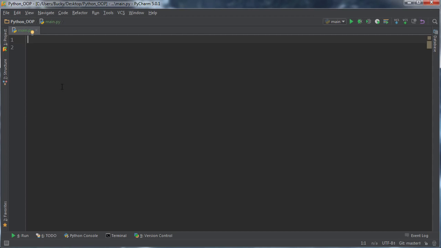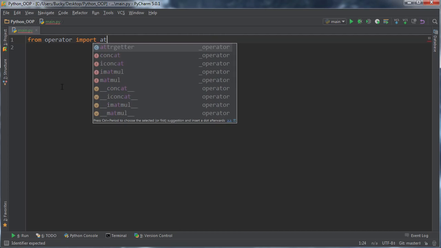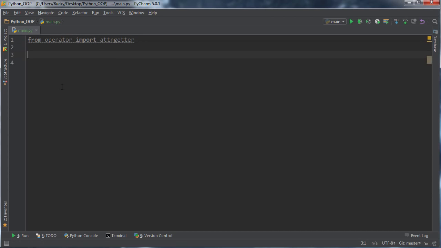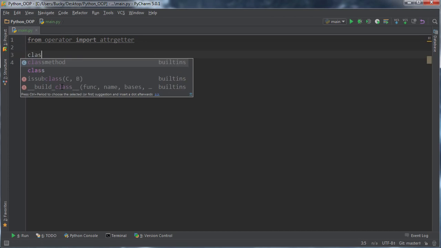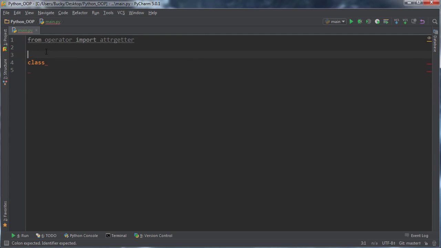So check this out. What we're going to do is, just like before, we're going to use the operator module and import attrgetter. So not itemgetter, but attrgetter. Now let me go ahead and make a real quick class. I think you need two spaces. All right, so class User,